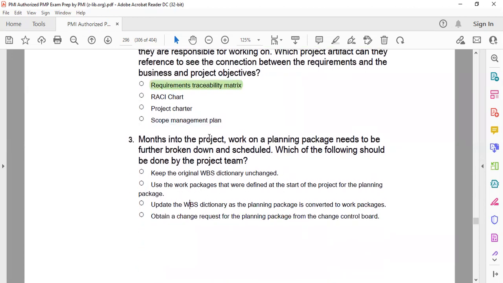Next question, months into the project, work on a planning package needs to be... What do we call a planning package? Anyone remembers? What is a planning package? Work package. Which type of work package? That is under the control accounts. We have the work package, and we have the planning package. Look, planning package is where we